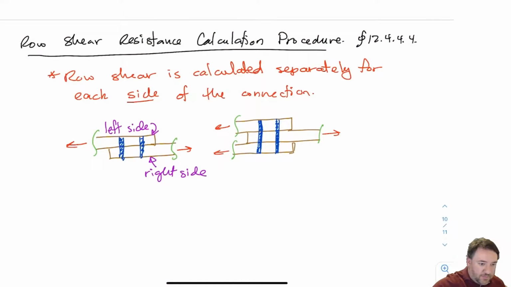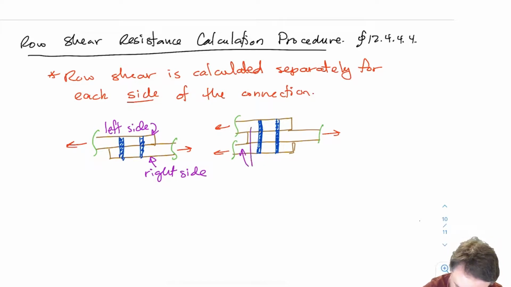Okay, so if we go back to the calc here, for the two-member connection, I have one on the left side and one on the right side. So I'm going to calculate my row shear for my left side. Then I'm going to repeat the entire process again and calculate row shear for the right side. And whichever one of those is less is going to be basically the row shear strength of the entire connection, right? For a three-member connection, which is the one that I was looking at with the book in between or my hand in between,